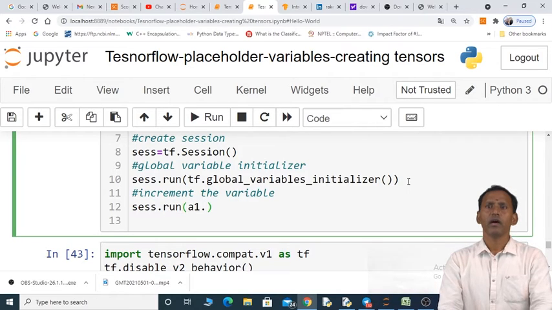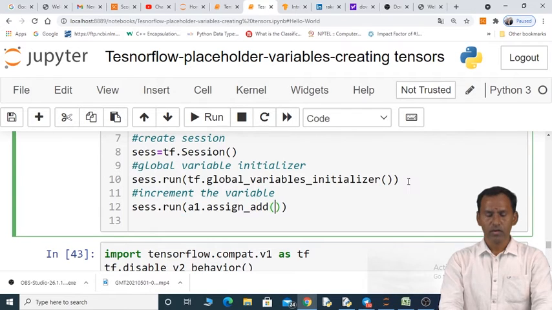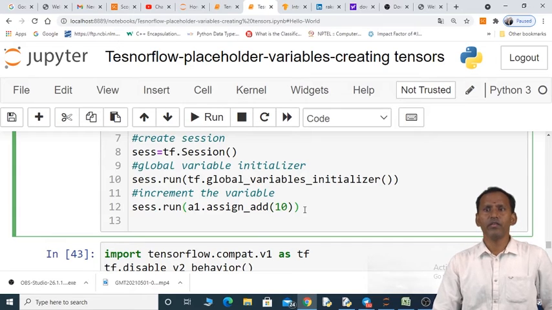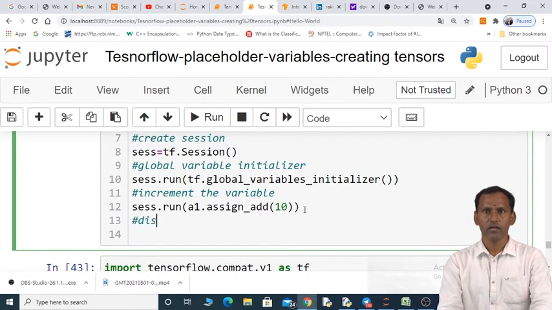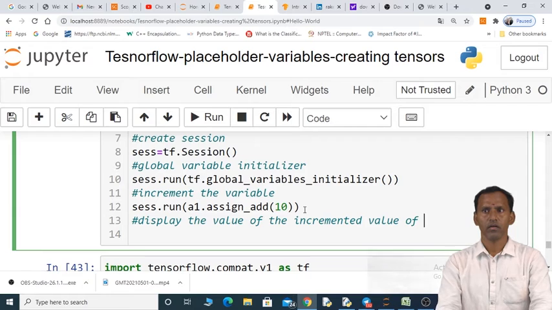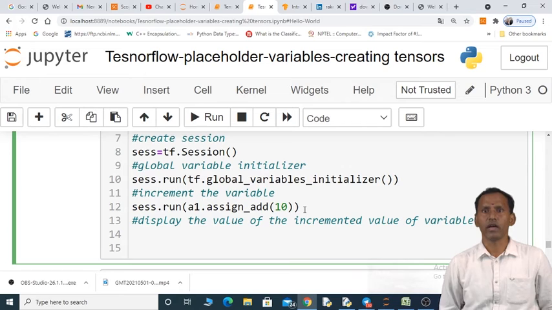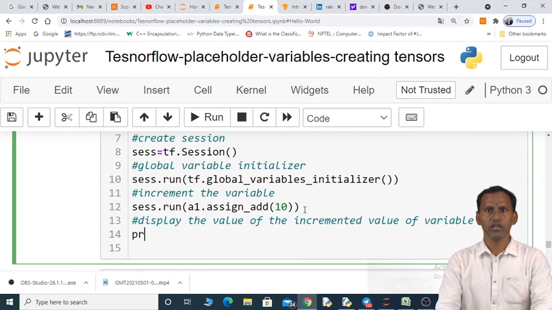A1 and method assign underscore add. I am writing here 15. Now display the incremented value of variable A.